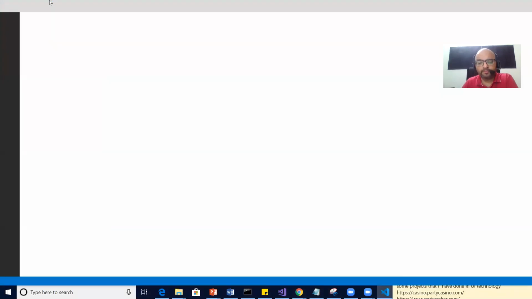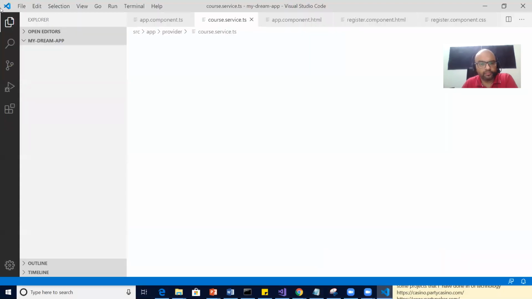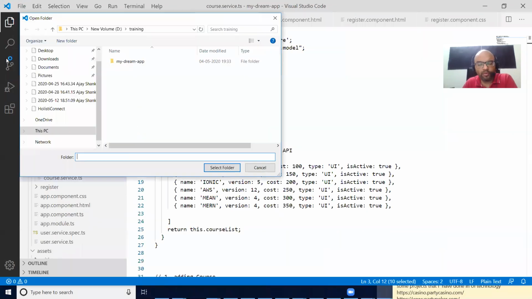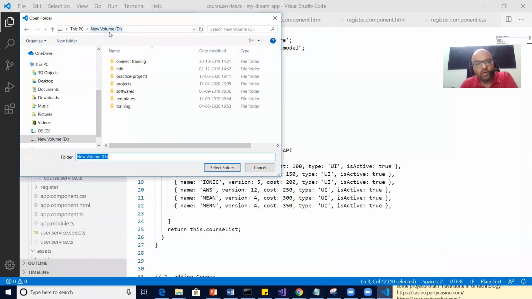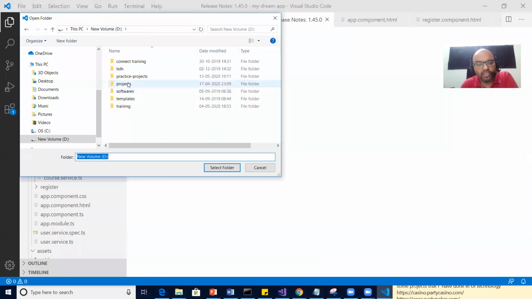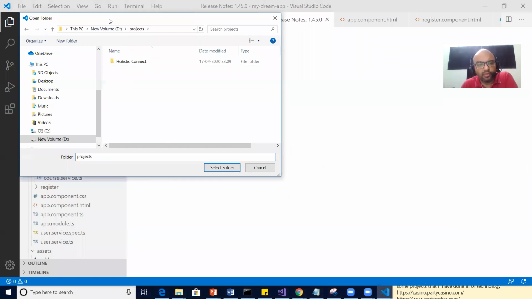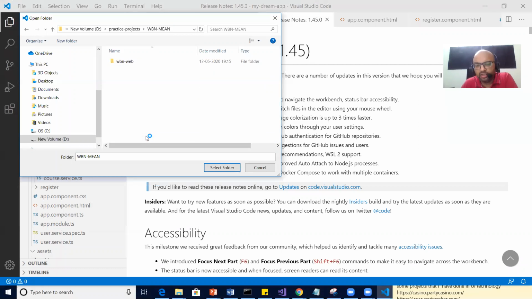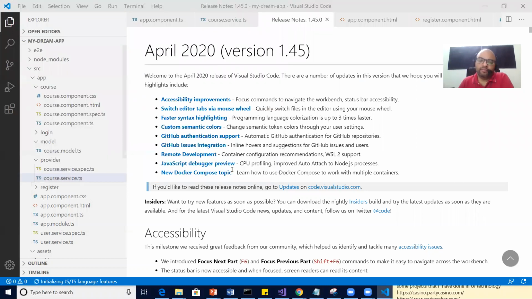Let it open. And we'll open our project: File, Open Folder. So what is the location of our project? Our project is in the practice project folder. Inside that we have WBN MEAN, and inside WBN MEAN we have the web project. So click and just run.